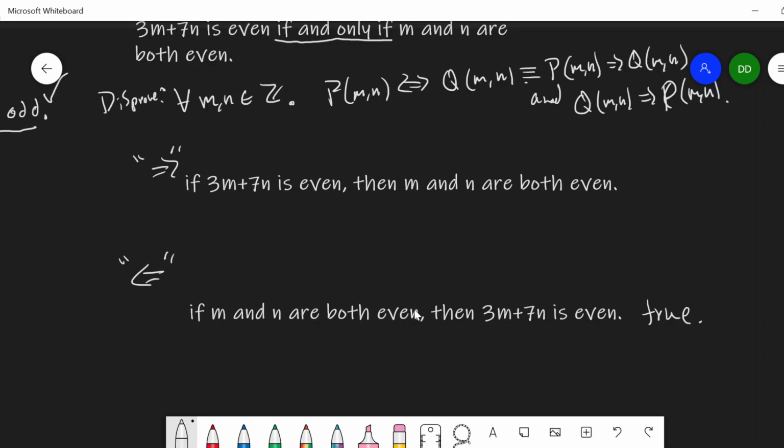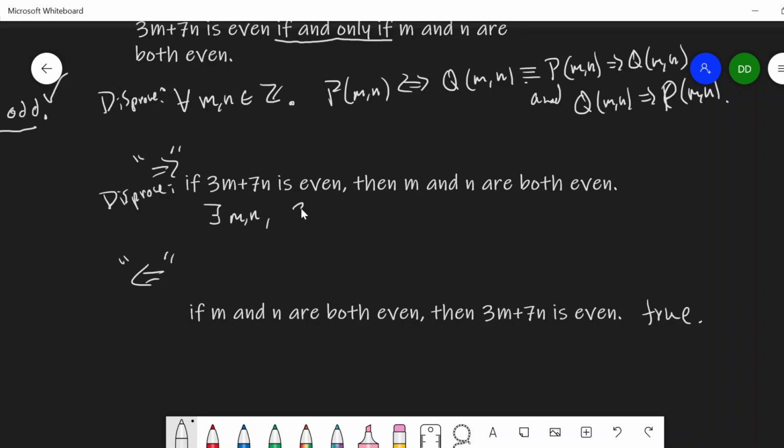So we can't disprove this part of it. It looks like we need to disprove the forward direction. So let's write out what it would take to disprove this. So we're going to disprove the forward direction. So we need to come up with an example. There exists m and n